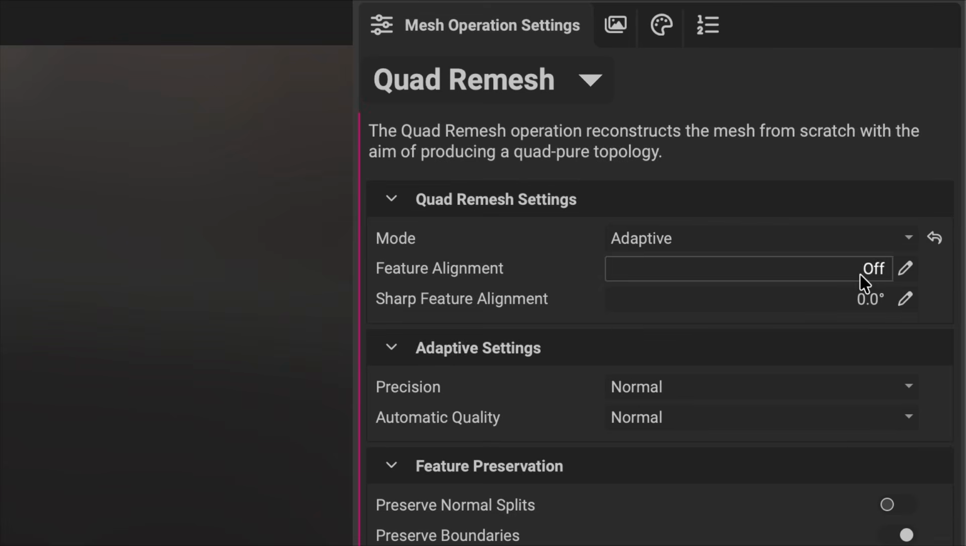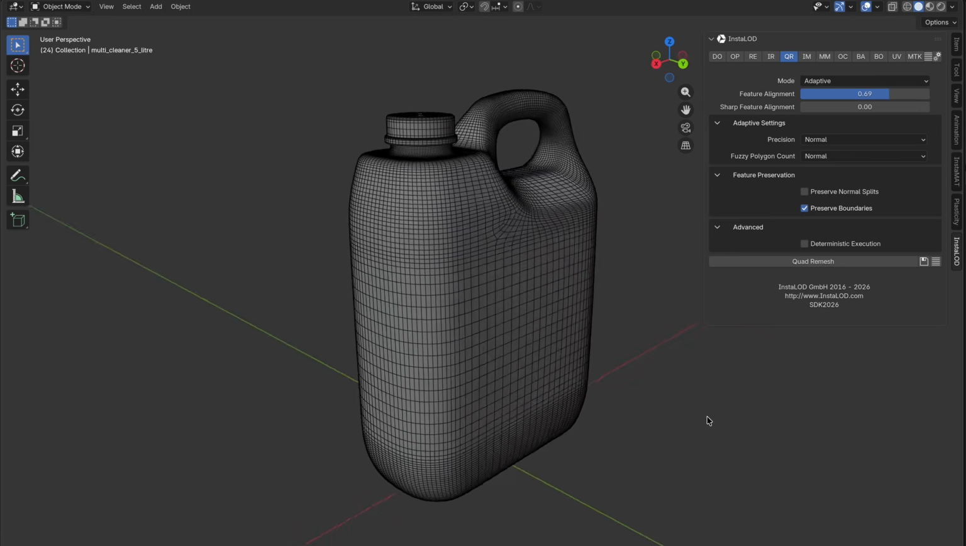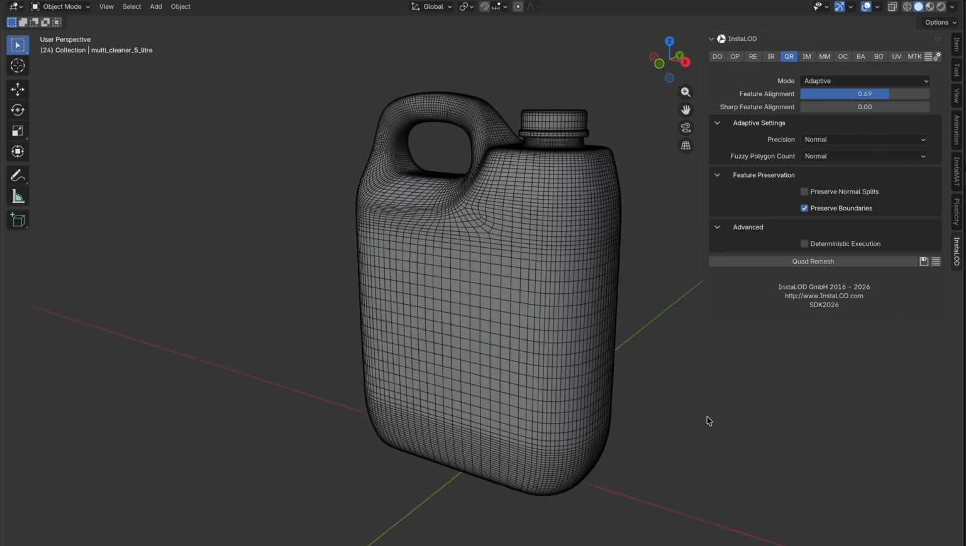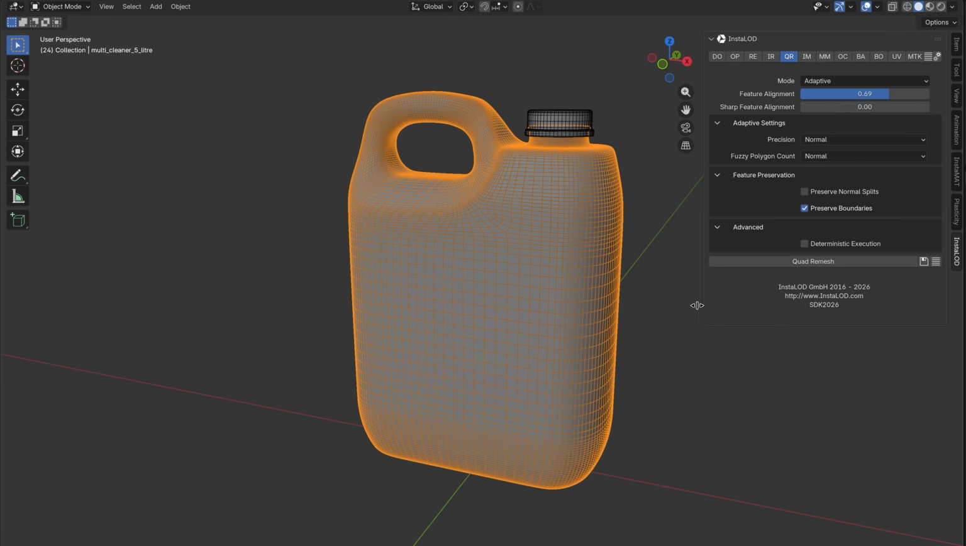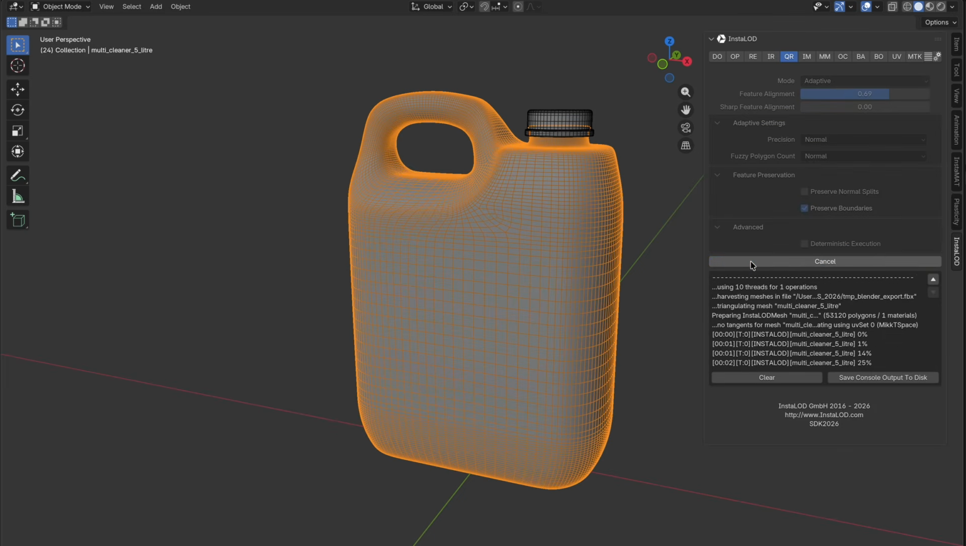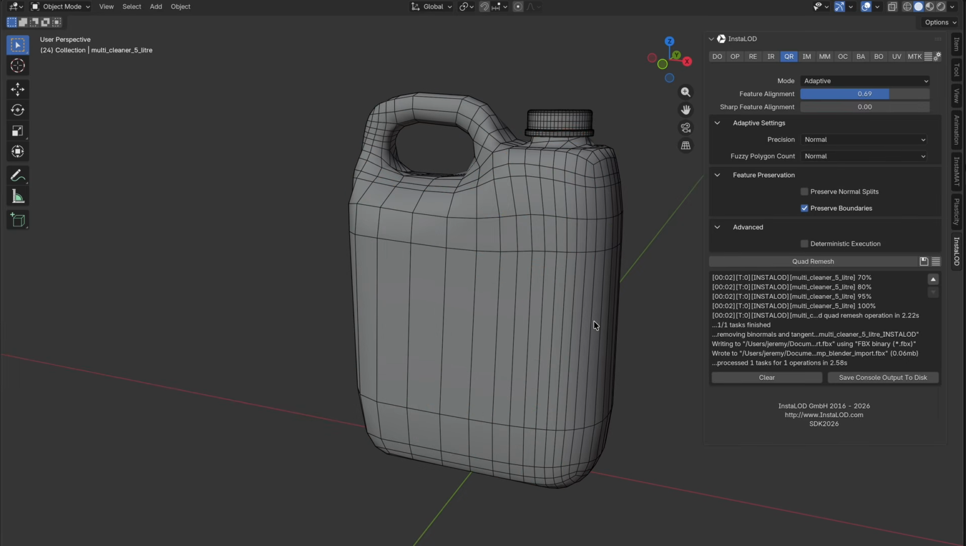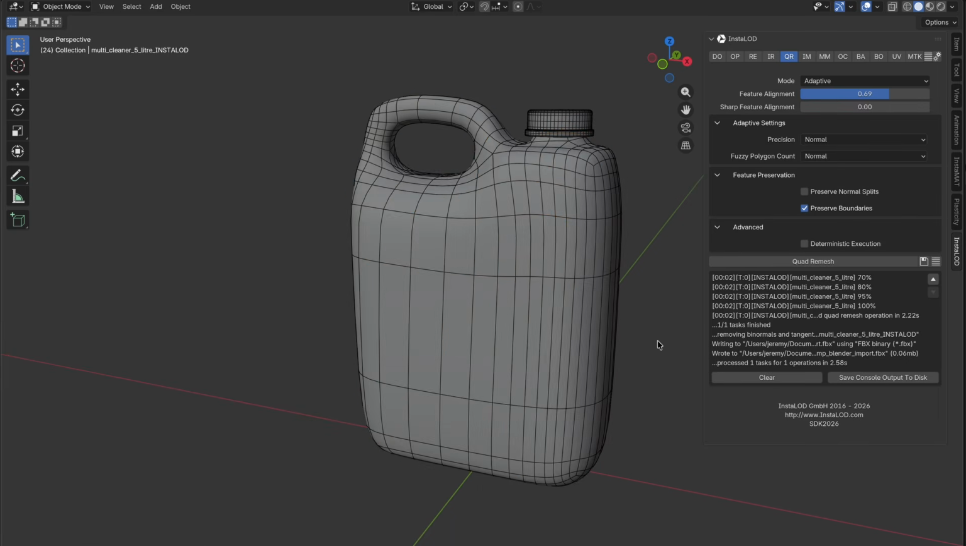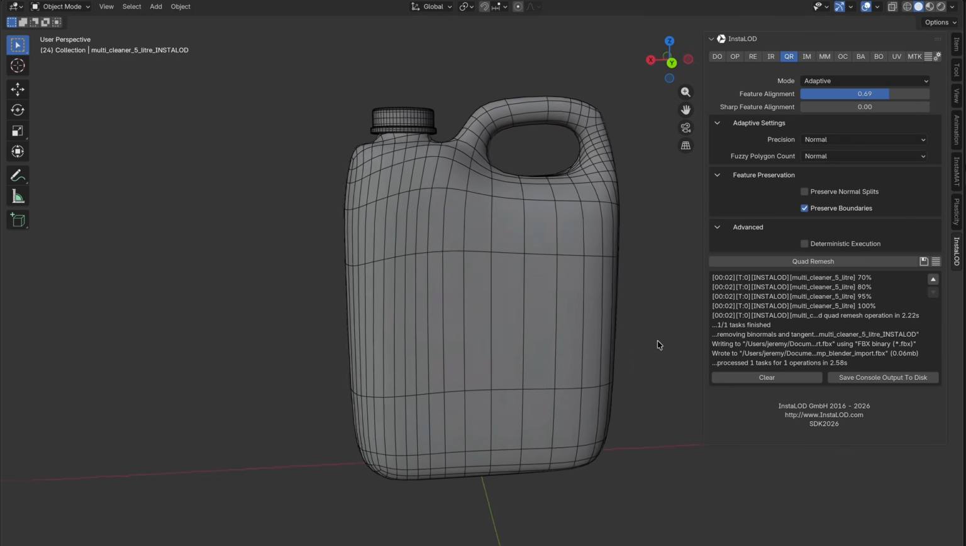Adaptive mode includes two dropdowns for controlling the accuracy and quality of the generated mesh. In this example, the input mesh is already quad-based, but its subdivisions have been baked into the geometry, making it very dense. InstaLOD's new Quad Remesher is great for simplifying dense quad meshes into the minimum topology needed for further